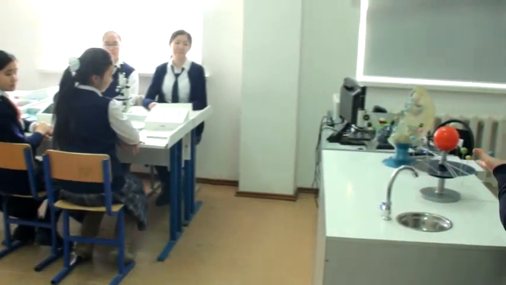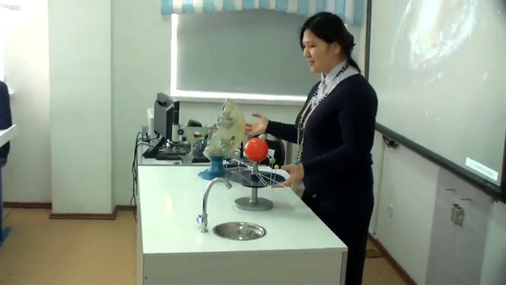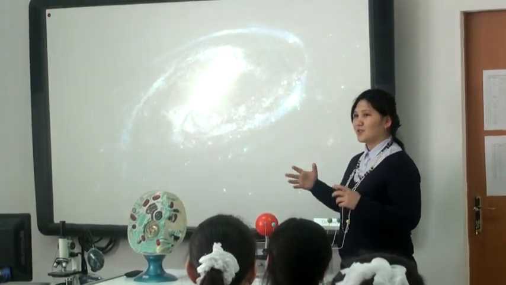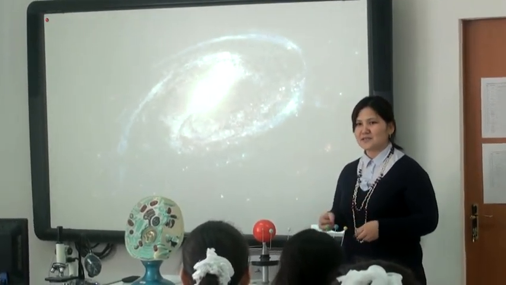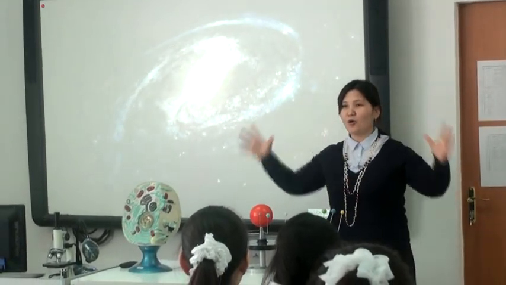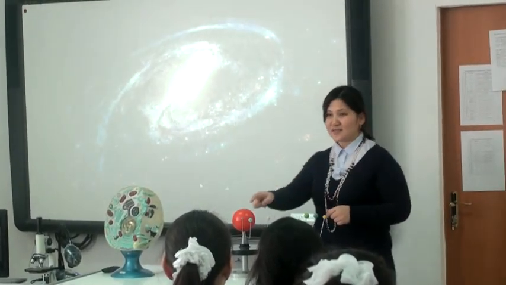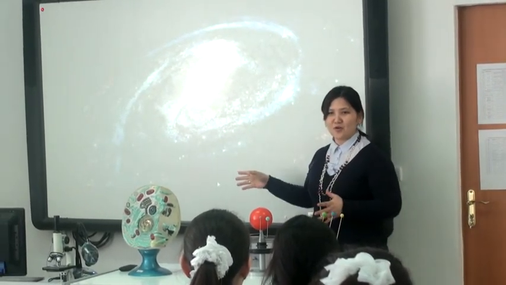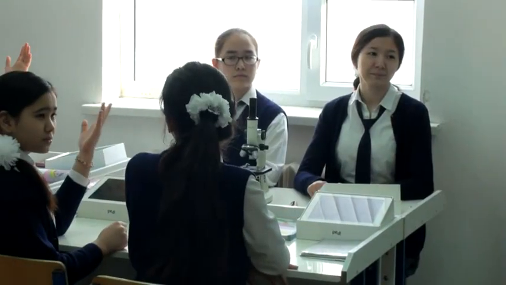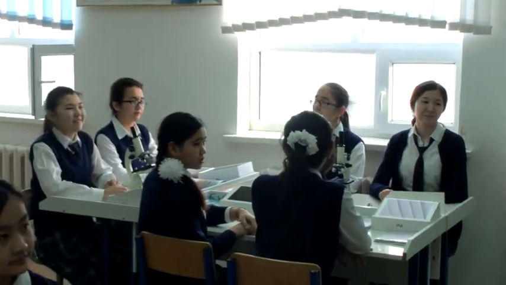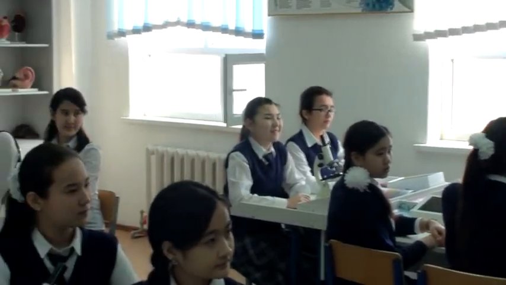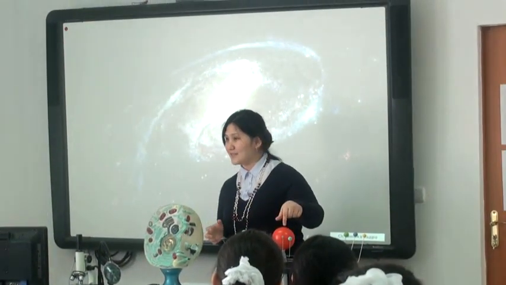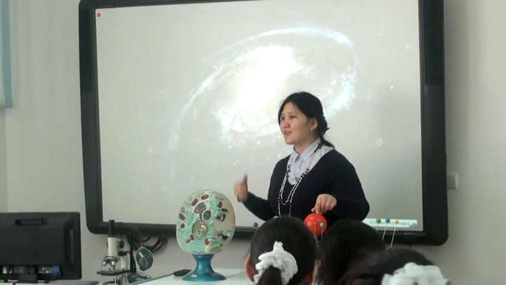For example, here you see there are strange models, right? Behind me you can see a picture of the galaxy. A galaxy is like a star inside of the whole universe, and this model is also like a star in this galaxy. What was the name of our galaxy? Okay, Jana? Our galaxy's name was Milky Way. Milky Way, well done. The Milky Way also has many stars. This one is also like a star inside of this galaxy.